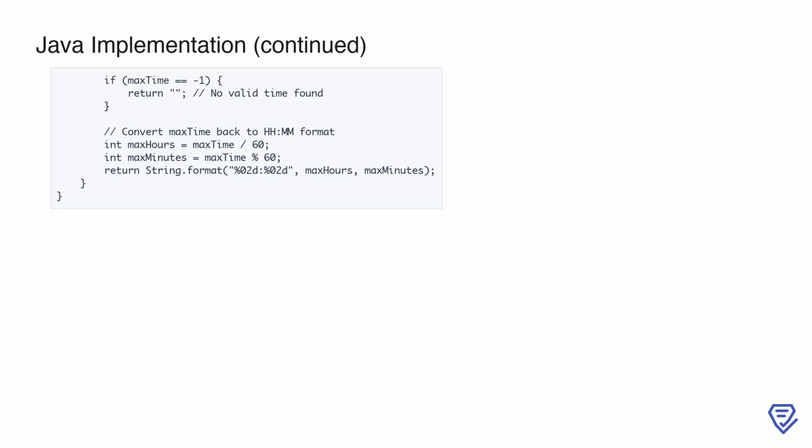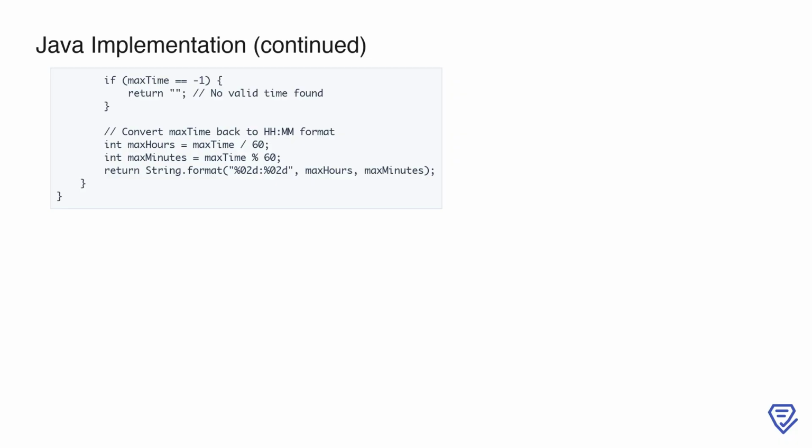Otherwise, we convert maxTime back into the HHMM format. To do this, we divide max time by 60 to get the hours and use the remainder to calculate the minutes. We then use string.format to ensure the result is properly formatted with 2 digits for both hours and minutes, even if they are less than 10. Finally, the formatted string is returned as the output, representing the largest valid time that can be formed from the